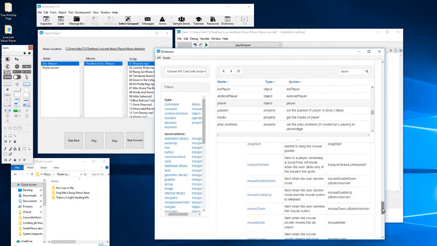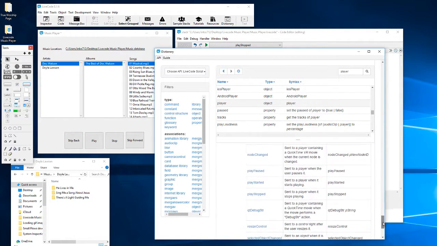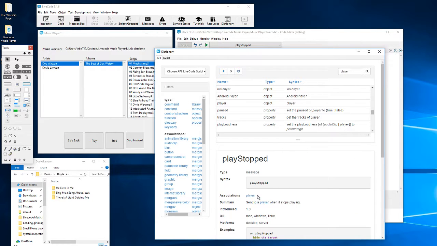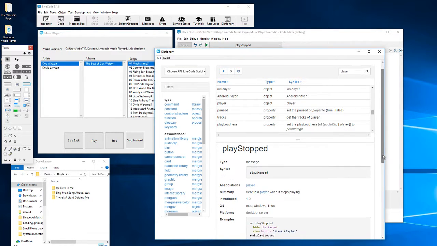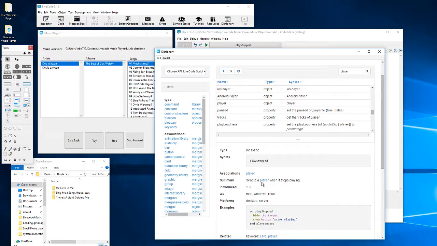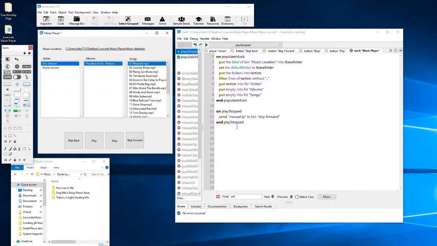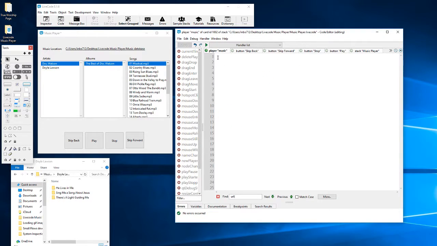So I went down here, right here, play stopped. All right, so I clicked there. And this is a message sent to a player when it stops playing. Whenever the player stops playing, it gets a play stopped message. So what that means is I can use code kind of like this right here and put it into my stack. Now, obviously the player is invisible, and I can put that play stopped message right inside of the player itself,